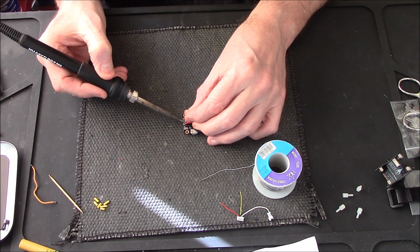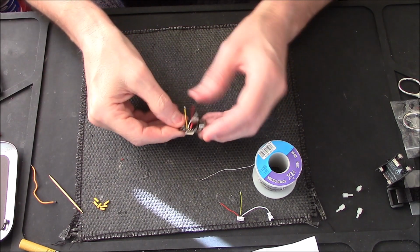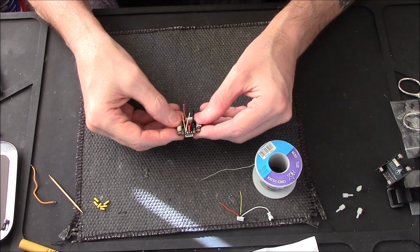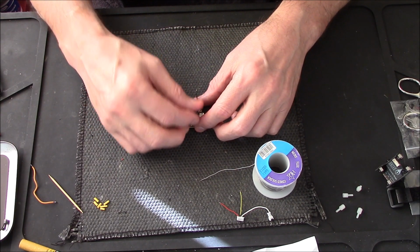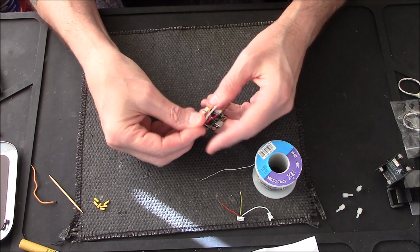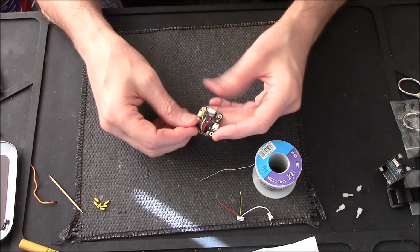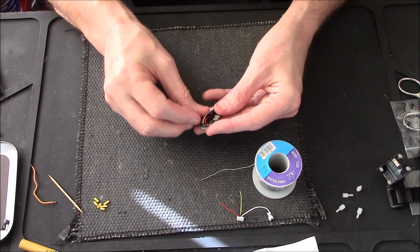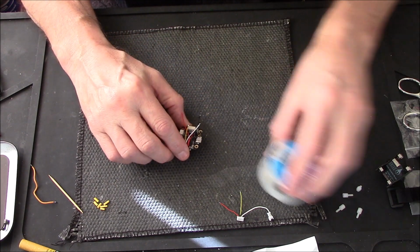Because I would have hated to go through all this and then it didn't work. Right, so we've got the cables nice and short now, and they'll basically just go under like that, connect up to the camera, and they'll all be hidden away because the VTX will be going on top. So next little job,